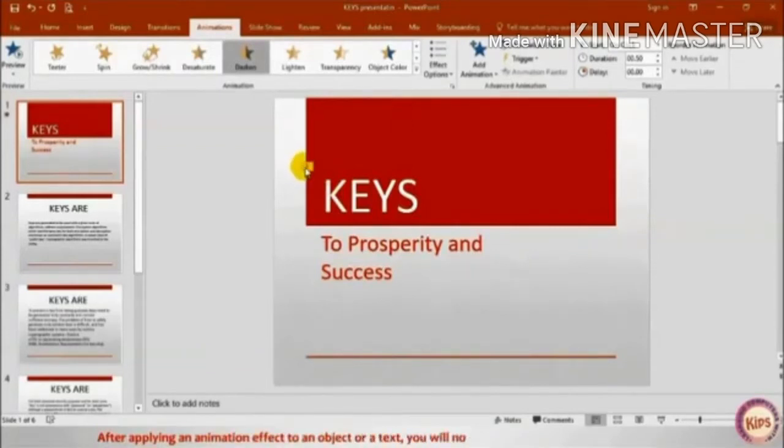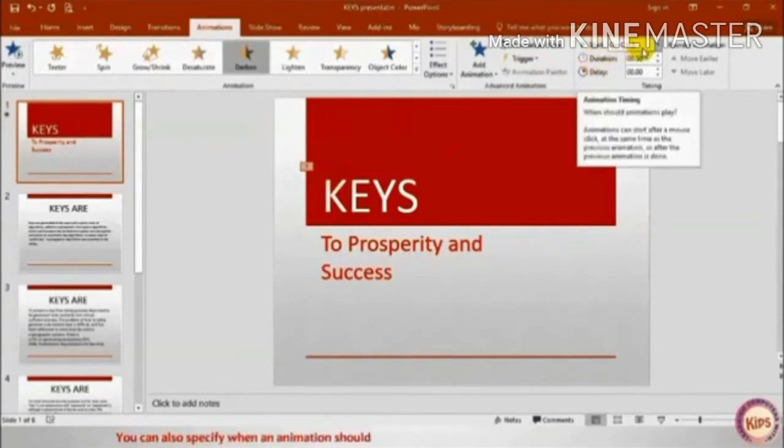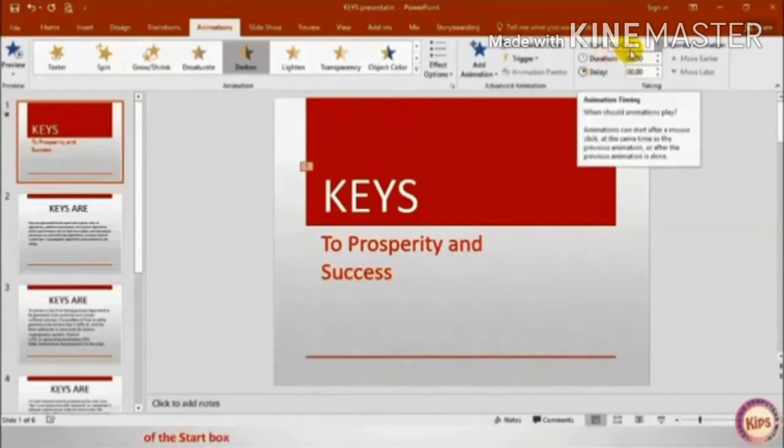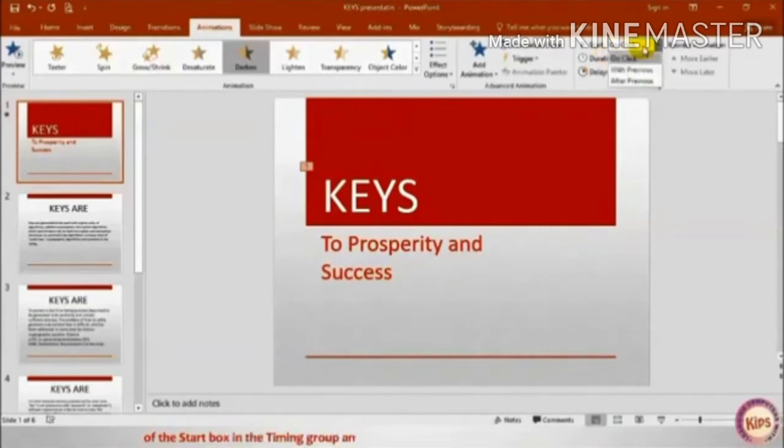After applying an animation effect to an object or a text, you will notice a number tag adjacent to the object on the slide pane. You can see it at the left side. You can also specify when an animation should be played by clicking on the drop down button of the start box. In the timing group, you can select any one of the displayed options.